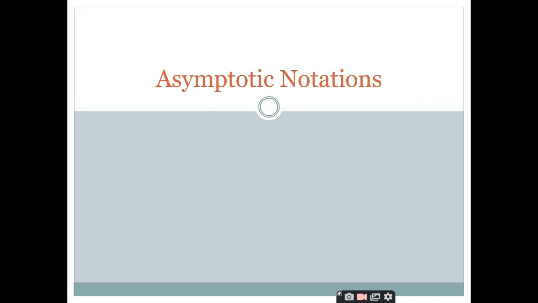Yes, sir. Right. So what are these asymptotic notations? These are nothing but notations. That means we give some symbols. We have three different types of notations which are famous in algorithmic concepts: big O notation, big omega notation, and big theta notation. We will see all these notations in this particular concept.